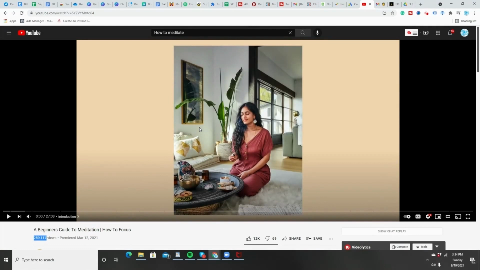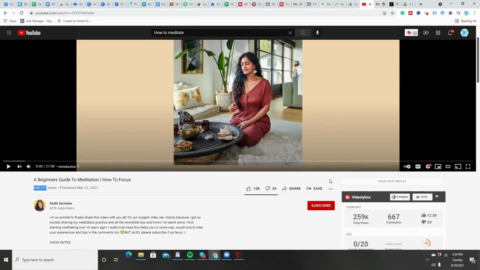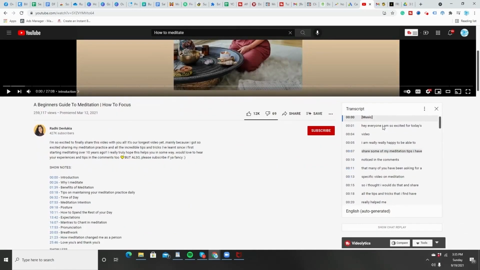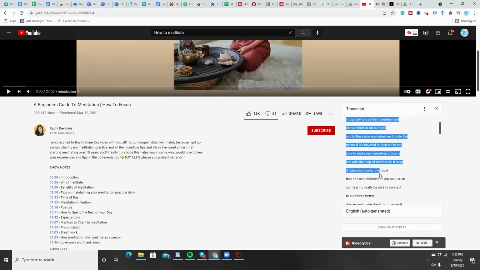So here's a little trick that you can use to formulate a script for your videos. All you want to do is go to the 3 dots that you see right here on screen, and click where it says open transcript. Once you open transcript, it will give you the entire script of this video. Now I click the 3 little dots here, click toggle timestamps. Then I can copy this entire script